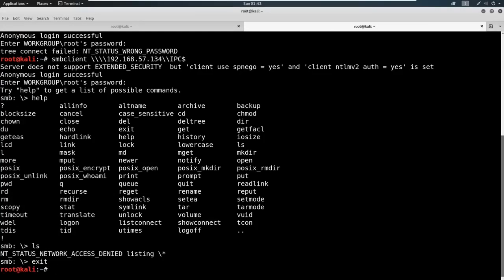So that's all you need to know right now for SMB. SMB is an amazing protocol. When I see SMB, I get very happy, but we're going to focus on that very heavily when we get into the internal part, the Active Directory portion of this course, because that's when things get really juicy. Right now, we're just going to do